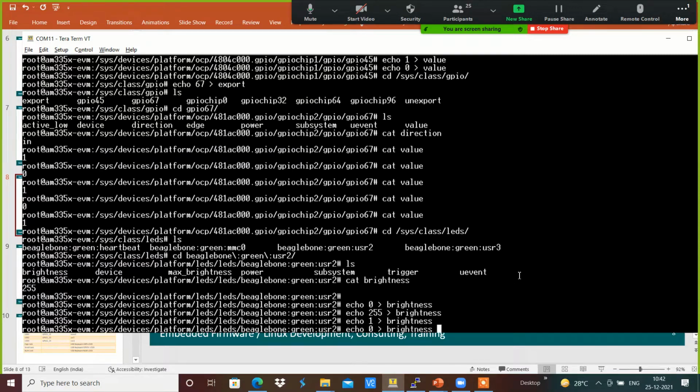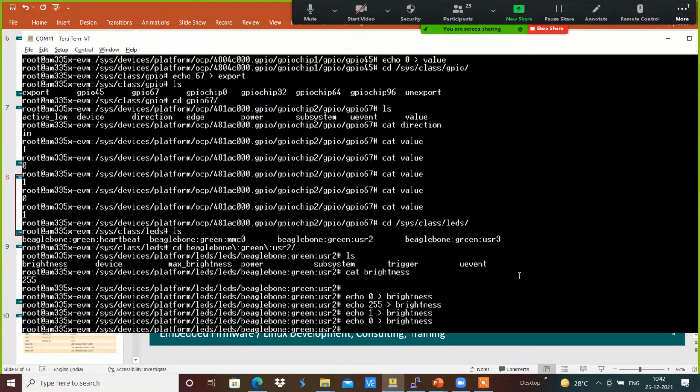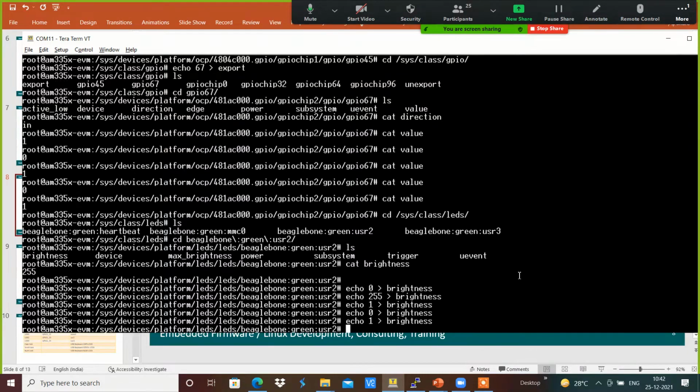For example, I am going to write 0. This makes that LED go off, and whenever I write 1 onto that brightness, this makes that LED go on accordingly over there.